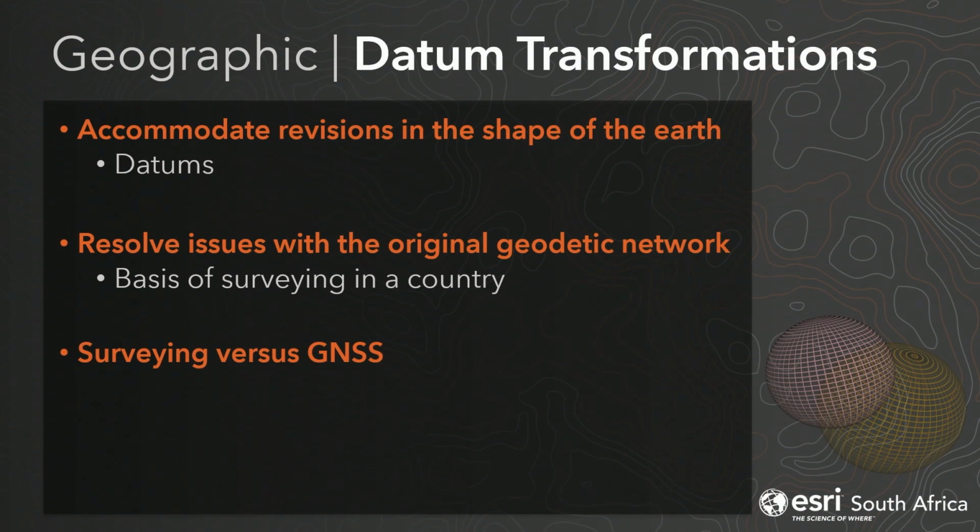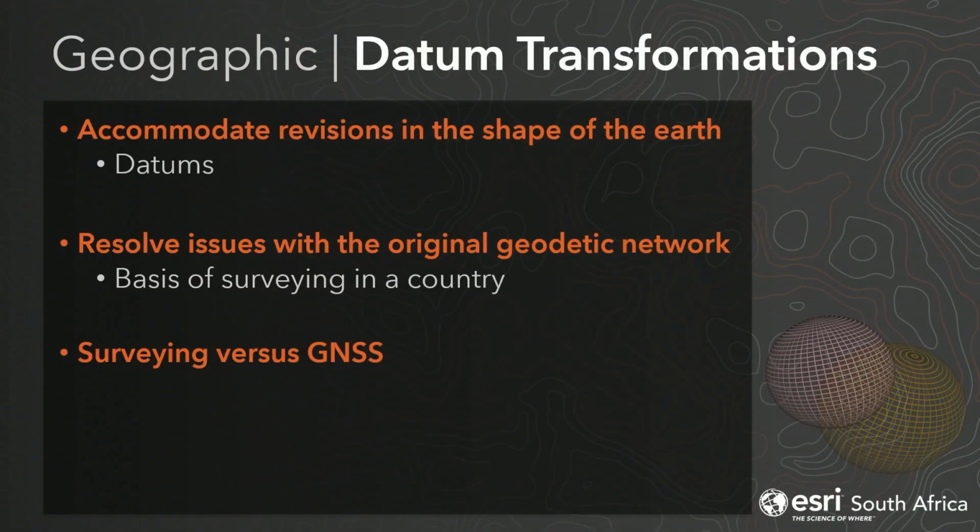The one is we're revising the shape of the Earth. So we're starting to understand it better. We're using different models. We're coming up with different approaches. However, the other side is between Clarke 1880 and Hartebeesthoek, we needed to fix some of the issues in the